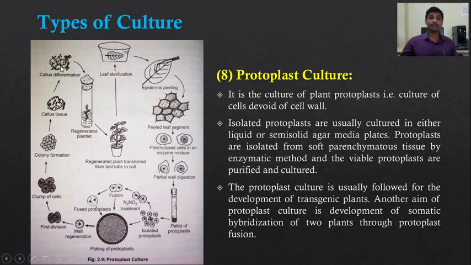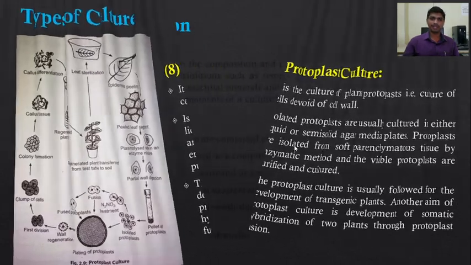Generally, an embryo develops in the seed. That embryo we call a zygotic embryo. While the embryo that develops from a somatic cell is the somatic embryo. This embryo is a well differentiated organ which possesses shoot initials and root initials, so from this embryo both root and shoot are generated. When the callus is induced for the development of shoots, it can only produce the shoot, and from this shoot we can produce the roots. So whole plant regeneration occurs by these two ways. So this is about the protoplast culture.